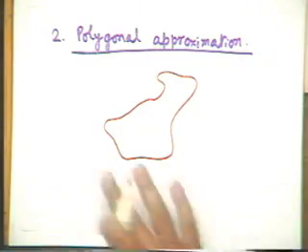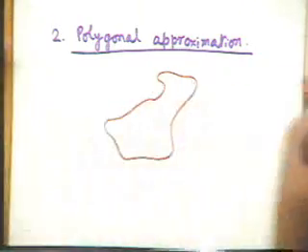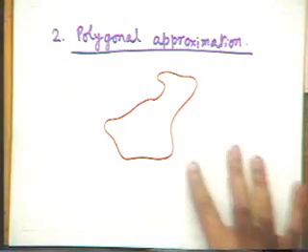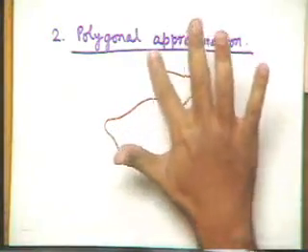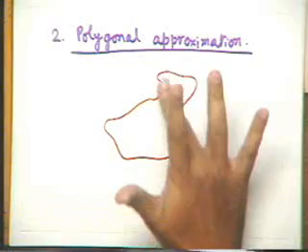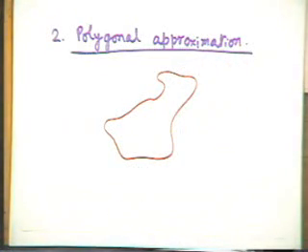Now, in the method of polygonal approximation, essentially what we try to do is to segment these boundary pixels in such a manner that we have a minimum number of sides in a polygon, and still we can accurately represent this particular boundary. Now, why I said minimum number of